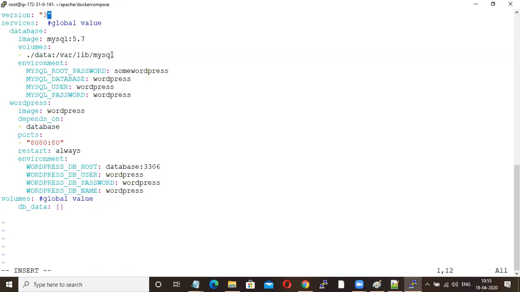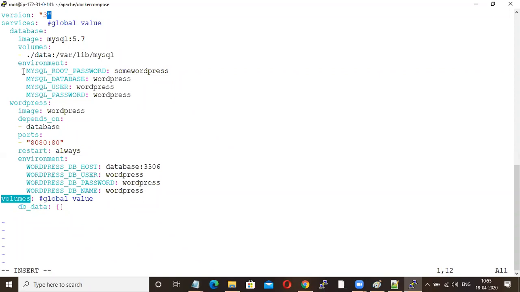This is the volume, whatever files are inside this container will be mounted or copied to this local directory, and this is the environment variable. Next I'm launching the WordPress image. depends_on links my WordPress to this database, this is the port number 8080, and this is the environment variable and the volume.